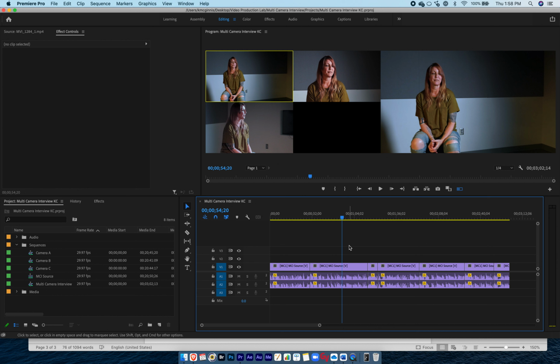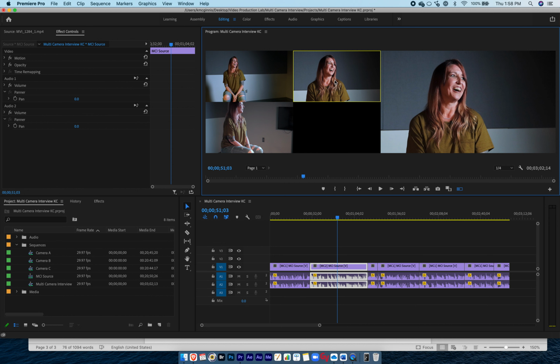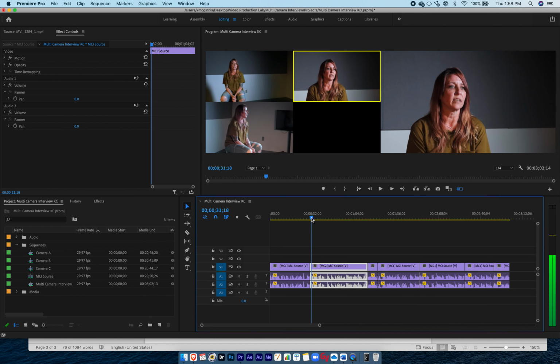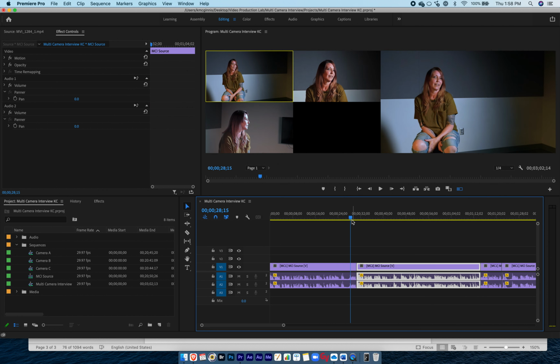But if I want to change the camera angle, I can do that. For example, on this clip right here, the one that I've got highlighted, I'll move my playhead over it. And if I want this to be the second camera angle instead of the first one, camera B instead, all I need to do is click there, and now this one is camera B. So if I move my playhead to some place like before the second one starts, so right about here, and